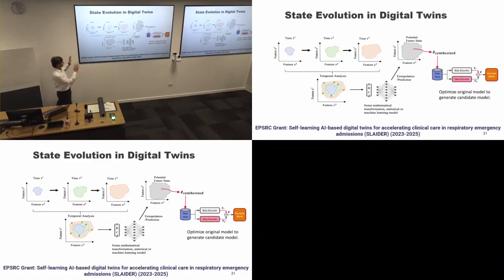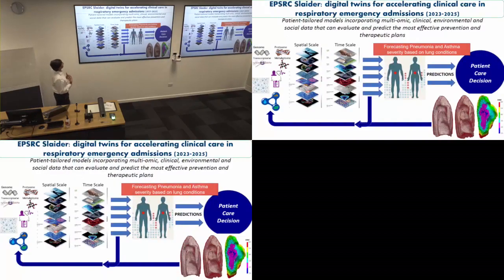On a similar kind of thing, although not exactly this, Professor Luliu and I have a project which is self-learning ability to accelerate clinical care in emergency admissions. What we are trying to do here is, if we have a lot of different data sets, first we need to learn from that data, and the second thing is that each lung has its own physics. That is, how air flows within it, how the air is consumed, and as a function of that, our lungs behave in different ways.